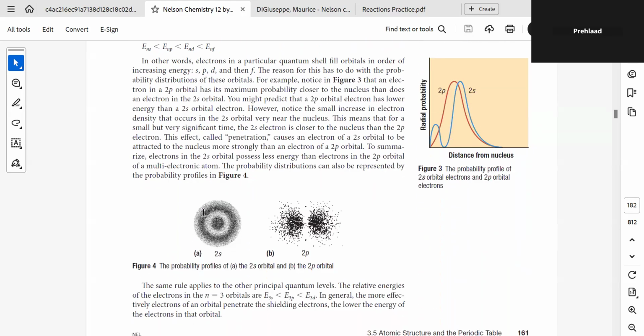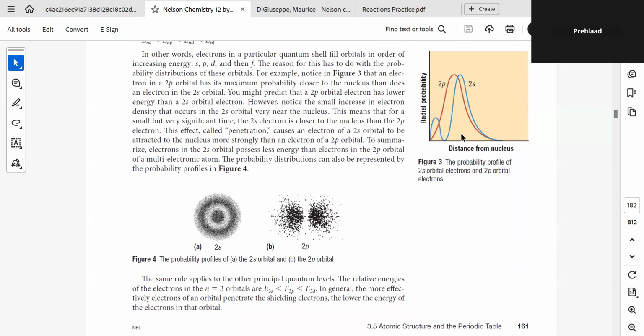In the last class, we discussed the radial probability and the distance from the nucleus, right? So in that we understood that 2s has lower energy than 2p. Although there is one peak over here and it appears that 2s has higher energy, we need to remember that there is one peak over here. So when we take the average of these two peaks, the energy comes lower than the 2p, okay, correct?